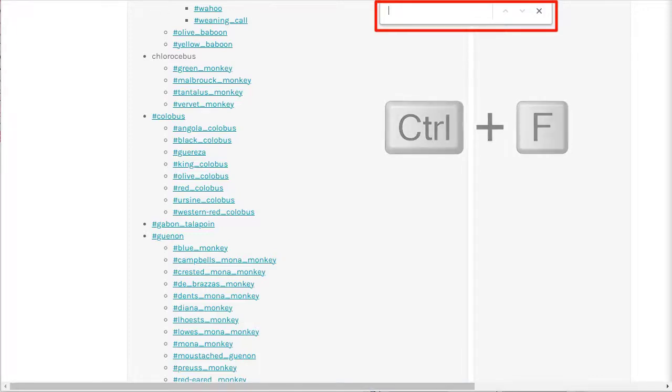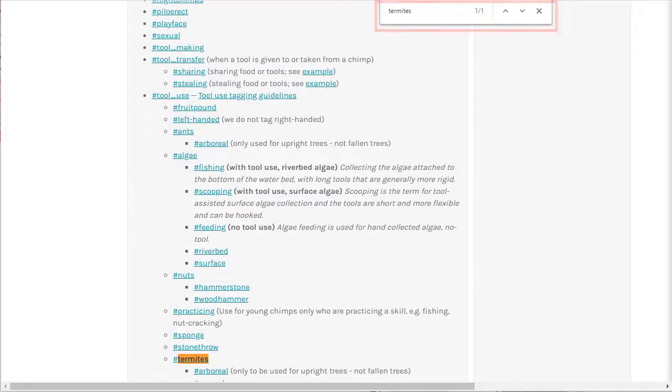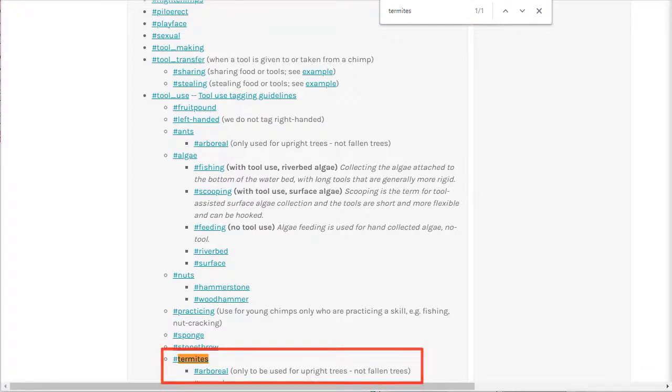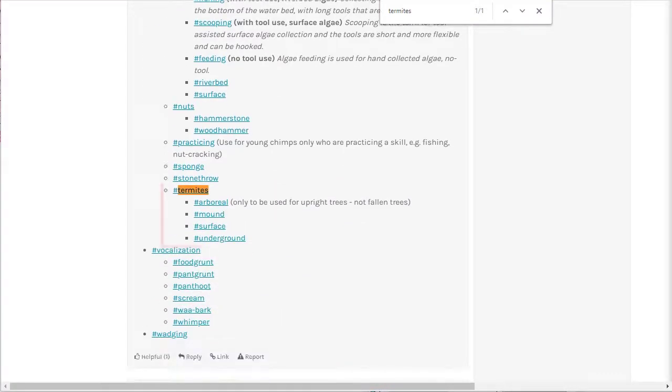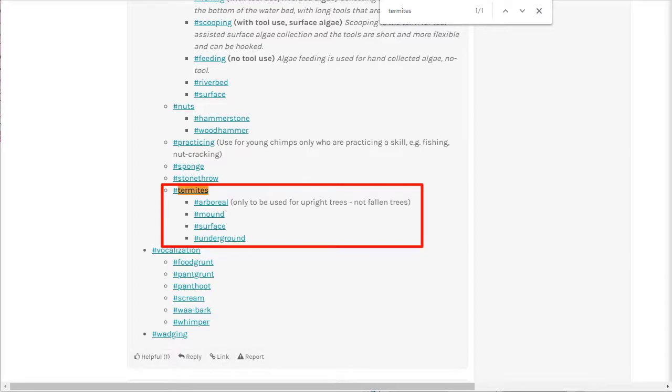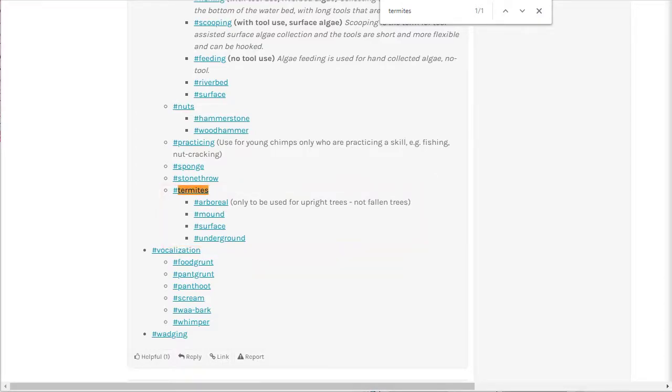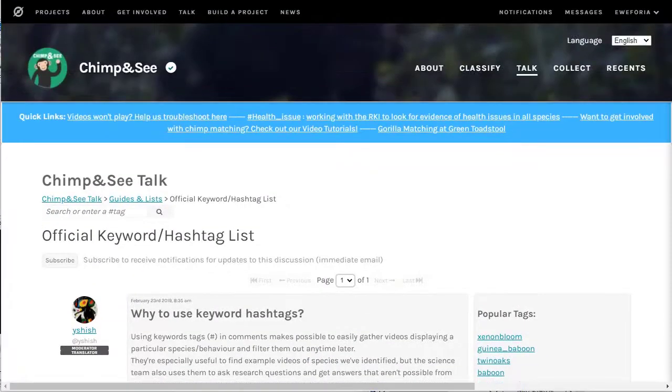For example, if you search for termites, you'll see not only the correct termites tag, but also several tags to describe more specific information.